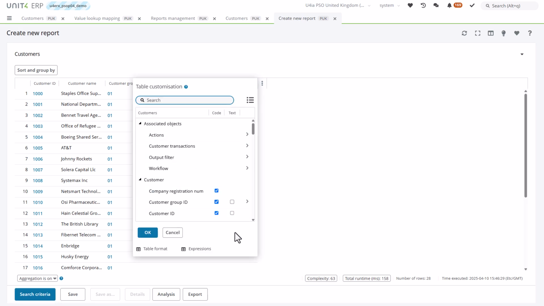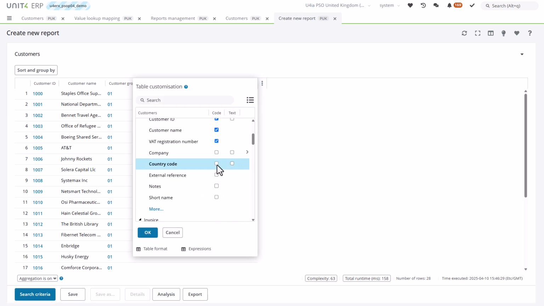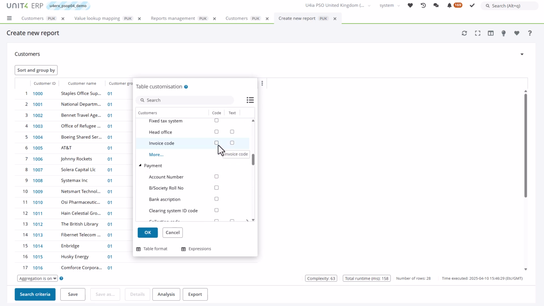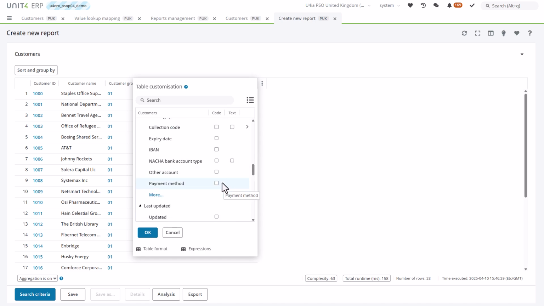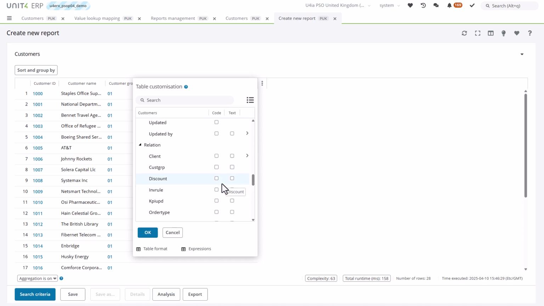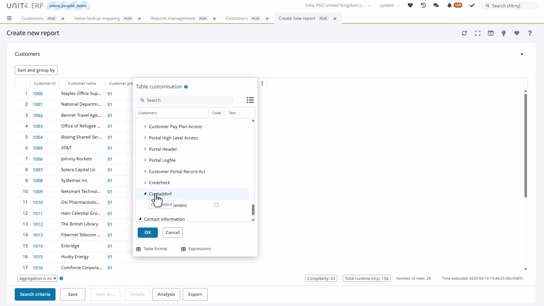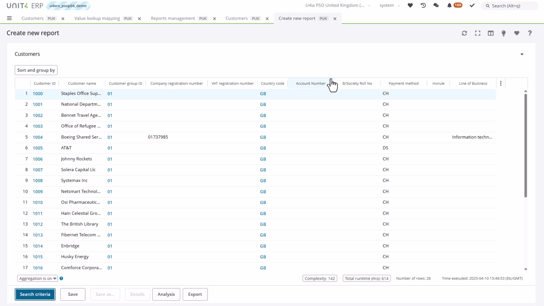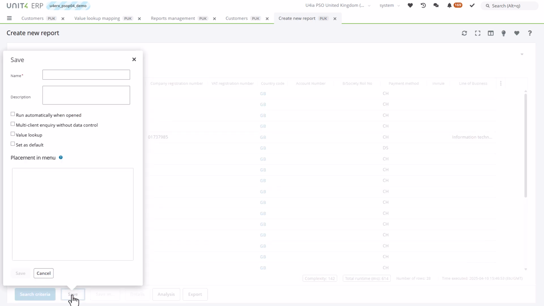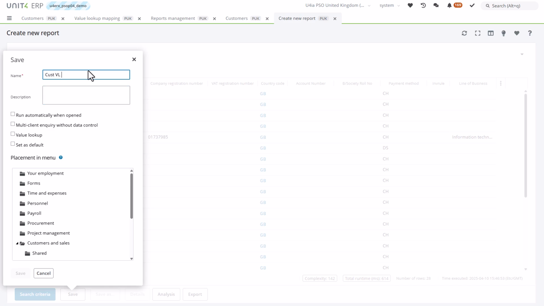Okay, so let's say that I wanted to add country code. I'm going to add account number, roll number, payment method, invoice rule. You know, so I can add whatever I want to add. Okay, let's add line of business. Once you've said OK to that and you want to save, what you get when you click on save, as long as you have system admin access, is you get this extra option here, which is value lookup. So let me actually save this as cust value lookup MV2,